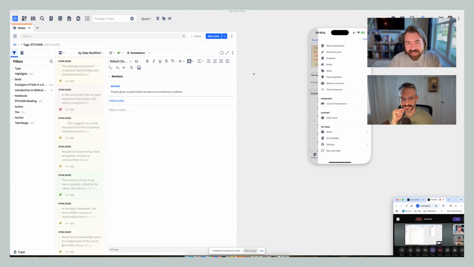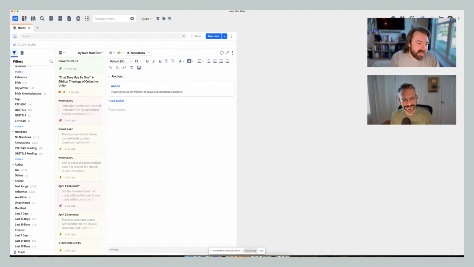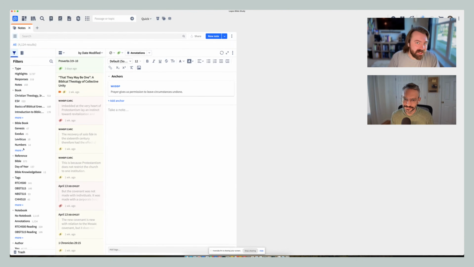My green color coding is for just insight. Yellow is for remembering, and red is for mic drop. Or like, hey, I really need to remember this, it's hot. I forget if you can sort by color,